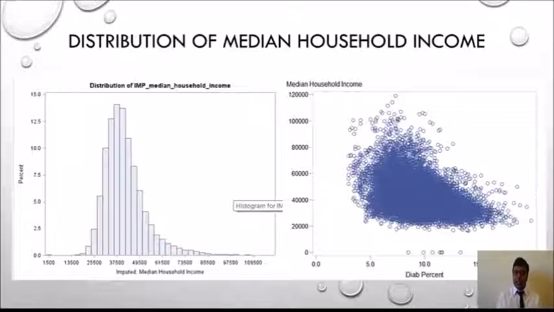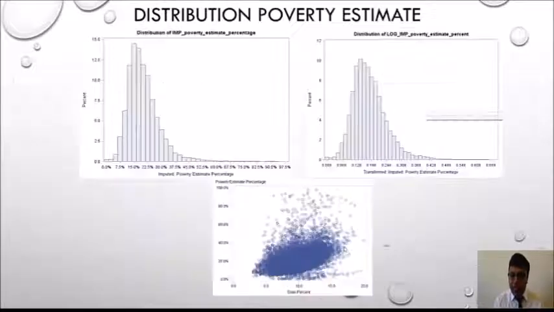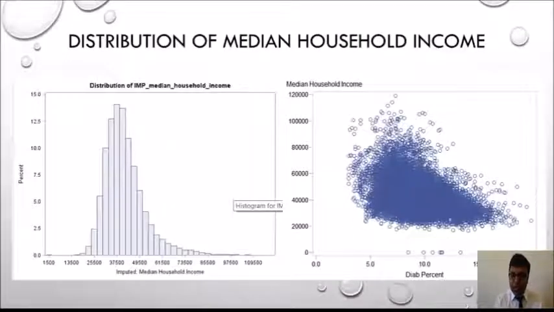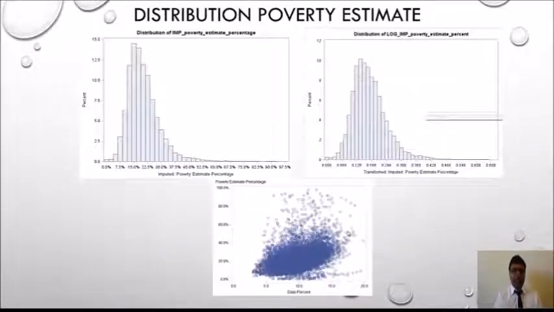We see that this is a pretty widely spread graph, but the interesting part is at the bottom of this graph, where we can see that the people with low income are affected with diabetes. So we'll see the reason why this is happening going forward in this presentation. Now this is a distribution of poverty estimate, but this looks a little right skewed.